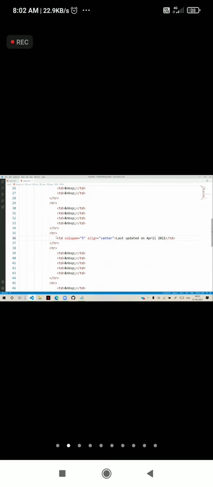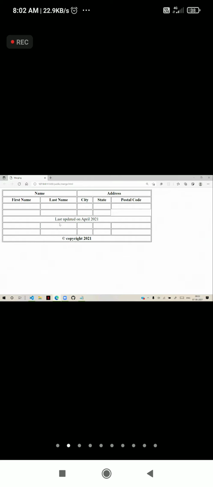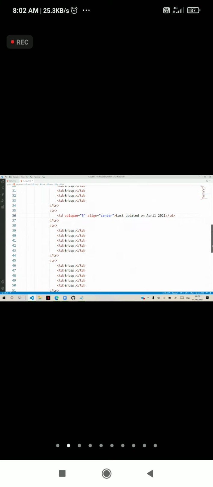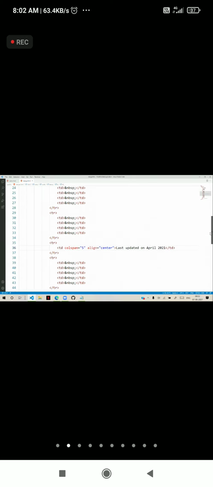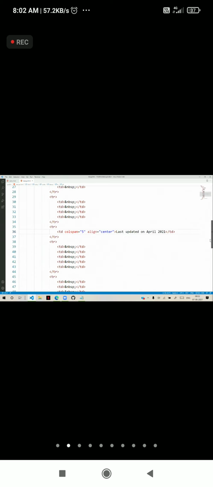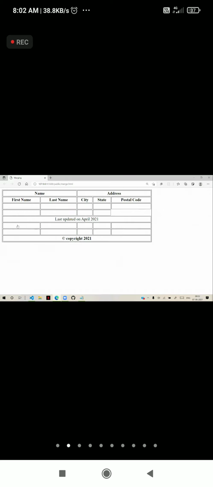Like this I am defining. It will merge them and display. Where you want to merge, you can configure that and display. It depends on where you want to specify the contents; you have to add accordingly. So in between or top or bottom, anywhere you can merge. So that is merging of columns.